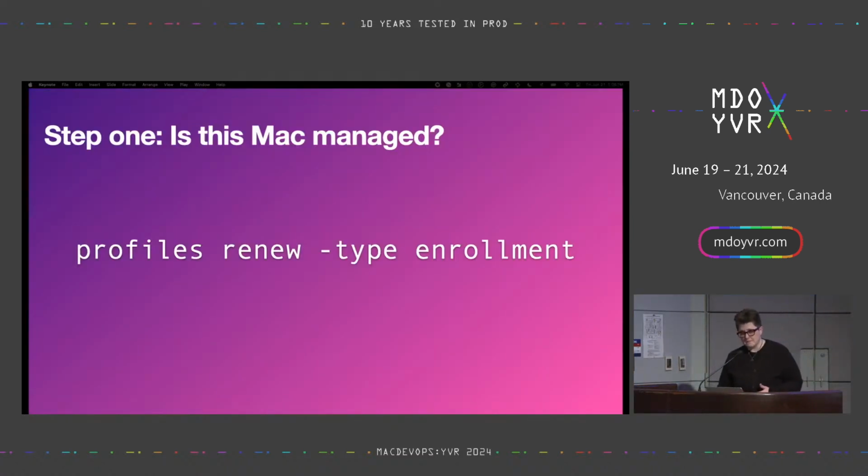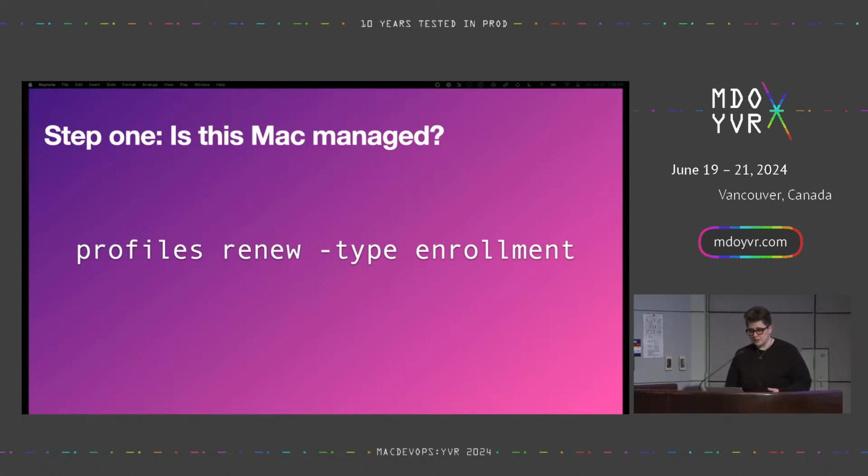I'm going to start with some of the basics, which is explicit, observable evidence that your Mac is properly managed. A lot of this assumes that you have local admin access, but of course you do because you're the admins. So previously you might have used the profiles binary to list out profiles or try and force a device into an enrollment cycle with profiles renew -type enrollment. Starting with macOS Sonoma, you're going to see that automated device enrollment is quite a bit more resilient and insistent,